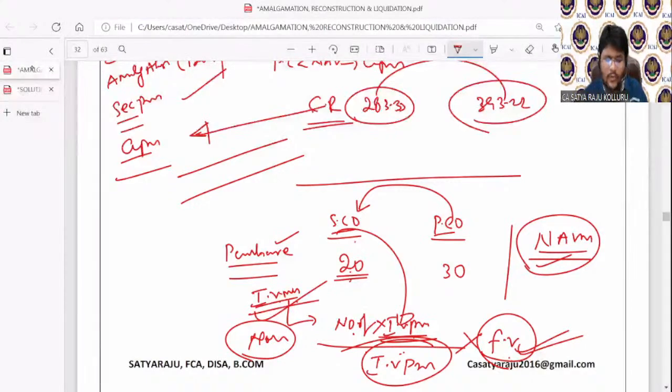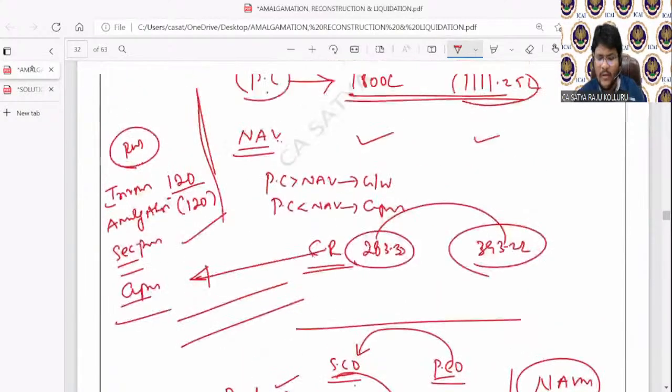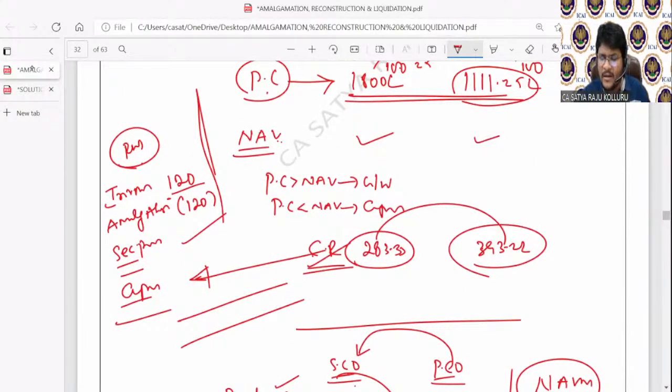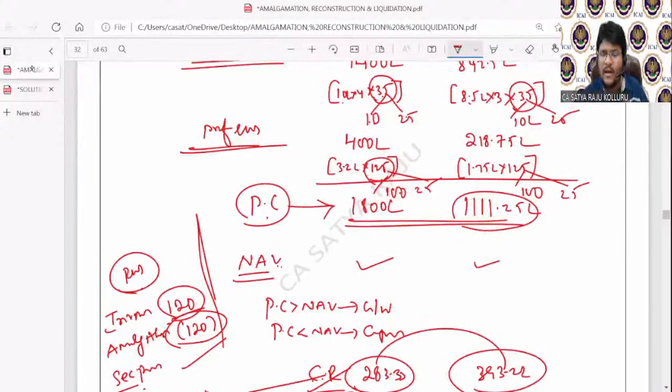Sir, in the last problem, how to calculate reserve? Which reserve? You are asking about the capital reserve, right? Capital reserve is calculated while comparing PC with NAV. PC should be compared with NAV. Among the remaining reserves, investment allowance reserve is a statutory reserve. Amalgamation adjustment account is a negative figure. Securities premium you know automatically by checking the PC. The amount paid over and above the face value is the securities premium. Okay. Yes, that is an assumption. Hope now it is clear to you.